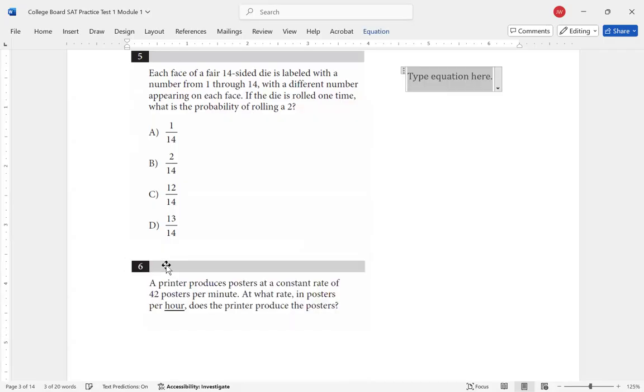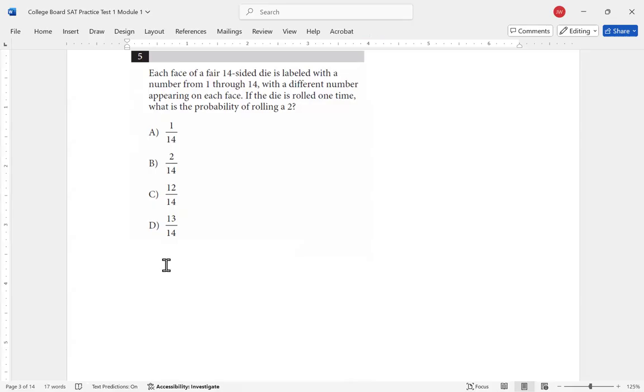So we have to know a little bit about probabilities. The probability of rolling a 2, I'm going to calculate this in the classical probability sense, since it's a fair die,